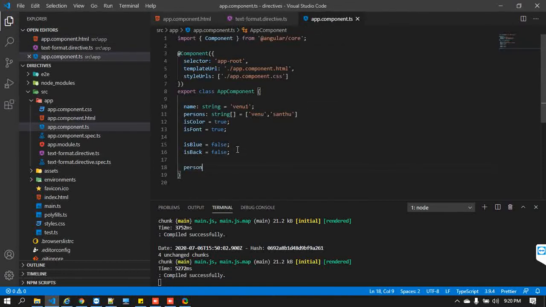I'm going to create one person object with a name.